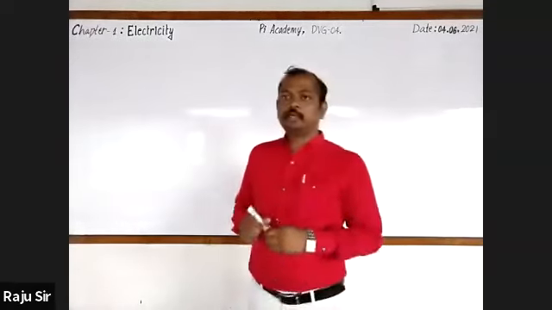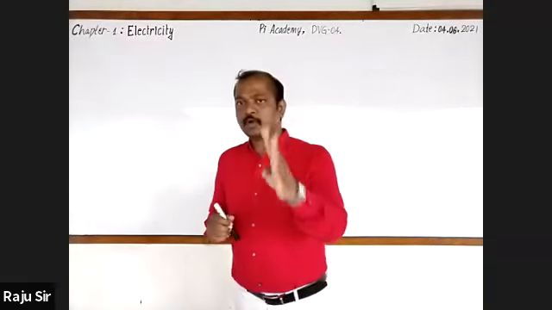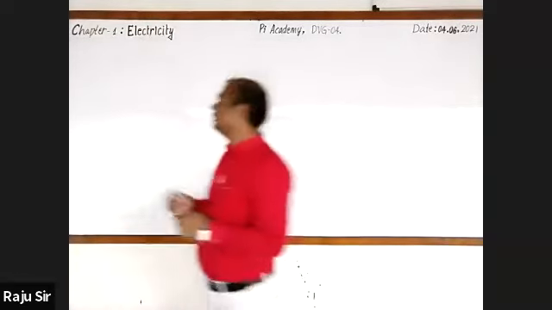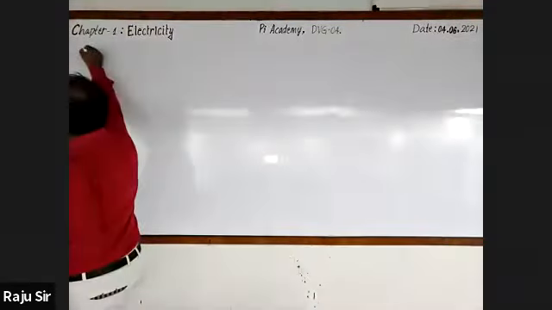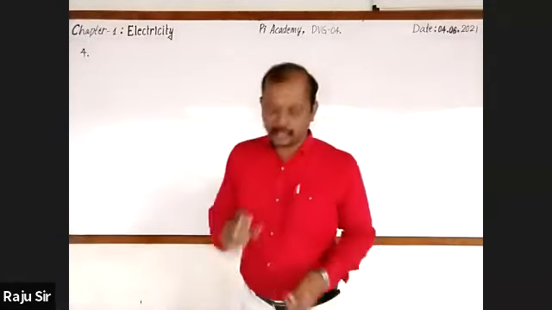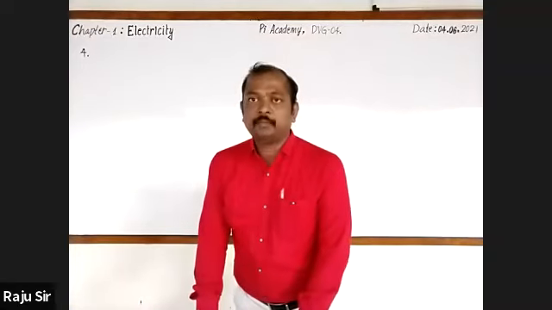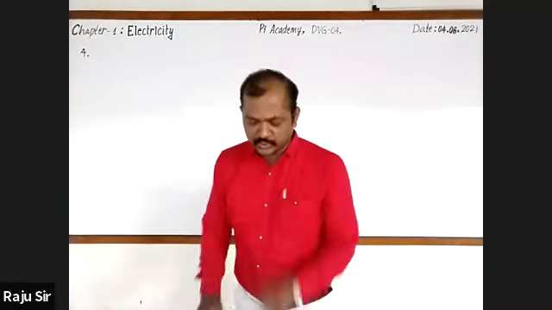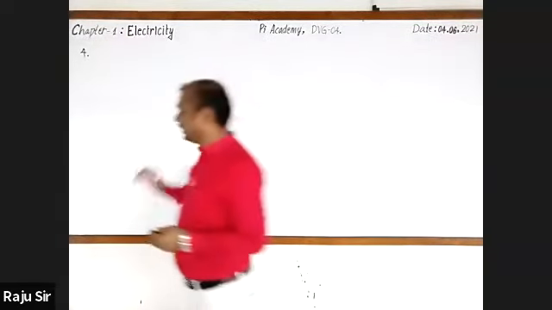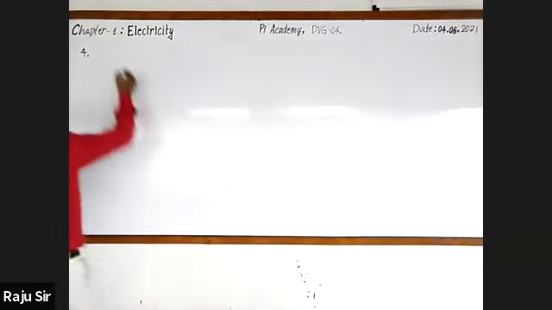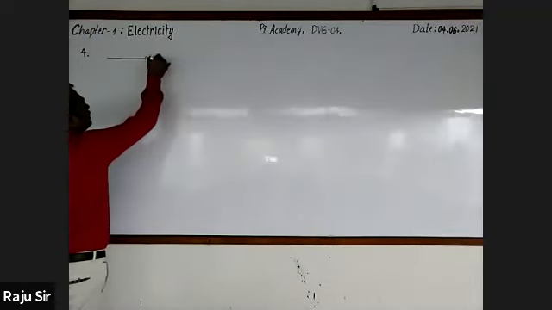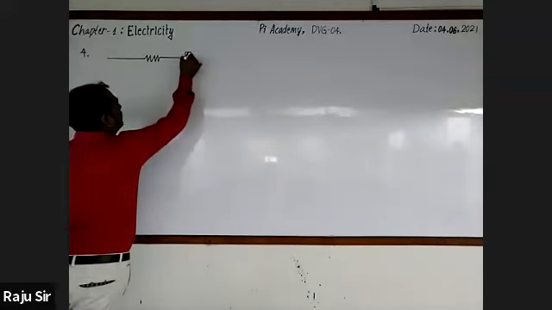Now let me continue. I think it is fourth type. Three types were over. Now we are moving to fourth type. In fourth type, we are going to give you the circuit diagram. And first one, I've been taking this from the textbook only. They have given a circuit diagram. In this circuit diagram, there is one electric resistor, and second one is an electric bulb.